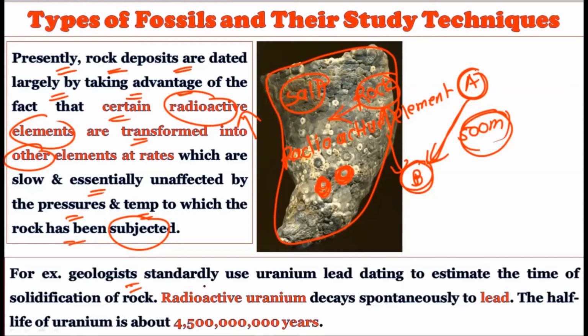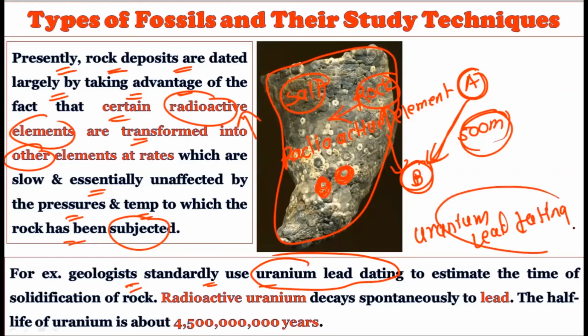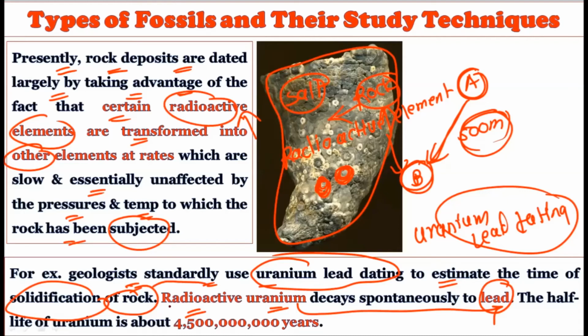Okay, for example, the geologists standardly use the uranium lead dating technique. Okay, what is the name of the technique? Uranium lead dating. Okay, you should carefully note it down. Uranium lead dating is used to estimate the time of the solidification of the rock. So the solidification of the rock can be calculated by using radioactive elements such as uranium, which spontaneously converts into lead. That is, the radioactive uranium decays spontaneously into the lead, and this time period is very fixed,